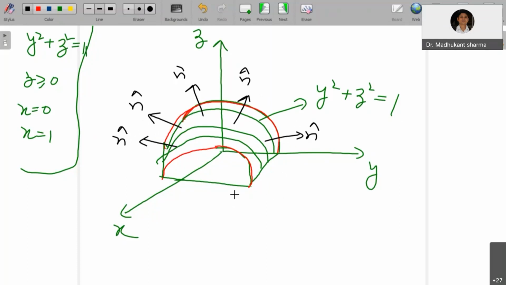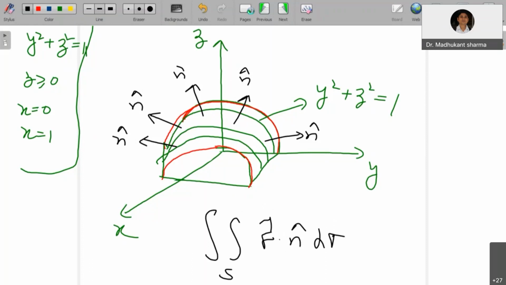Okay, so the surface of the cylinder is a smooth surface. Sorry, an orientable surface. We have not discussed so far the smoothness; we will look at that as well. We will look at parameterization and then we will come to that. So this will be a smooth surface. So the flux will be given by the double integral over S of F dot n cap d sigma. Now F is given to you, n cap is the unit outward normal to this, and d sigma is the surface area differential.